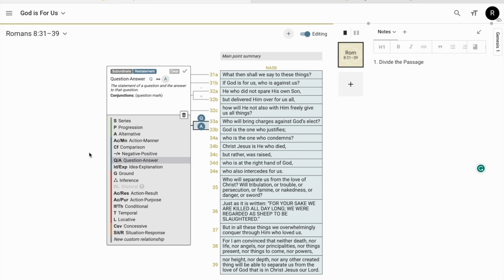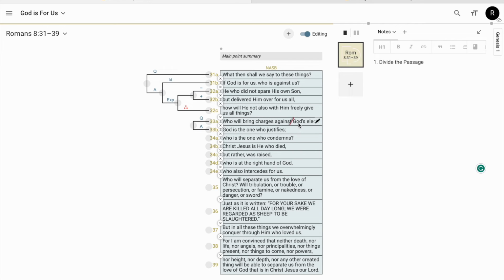Question, answer. Who will bring charges against God's elect? God is the one who justifies. And look, we've got another question, answer. But before we connect that, again, let's start at the closest level. Jesus Christ is the one who died, and he was raised, who is at the right hand of God, who